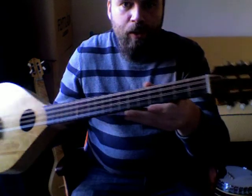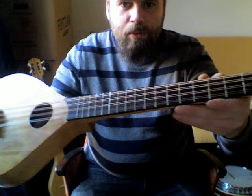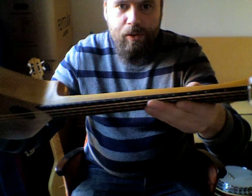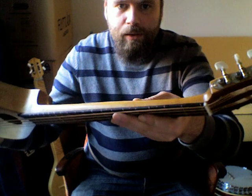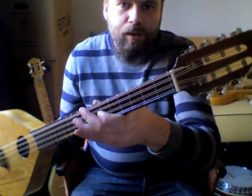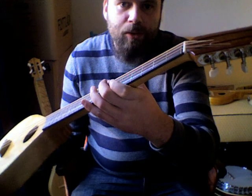It's got a rosewood fretboard with no position markers. There are little maple dots running down the side, just so I can find my way around. And the nut is bone, so I felt it really needed that, and also because of the double strings, it needs a bit of strength. There's only 2 millimeters between each string, so there's not a lot of material between them. And my zero fret as usual,